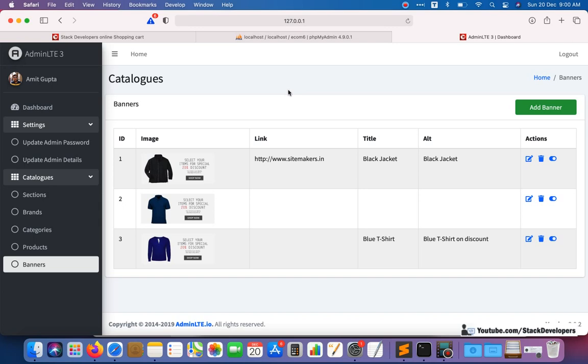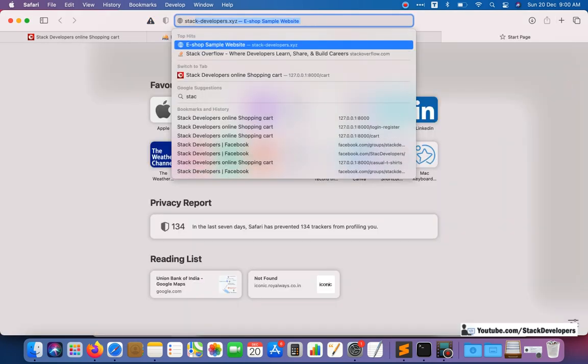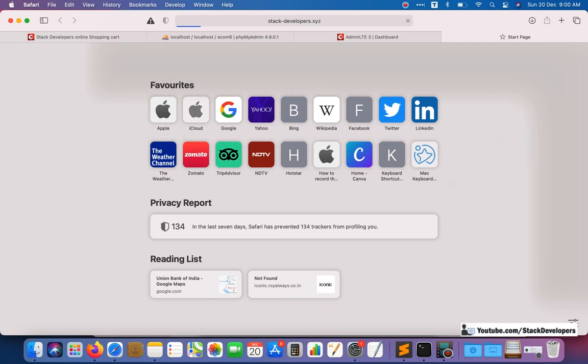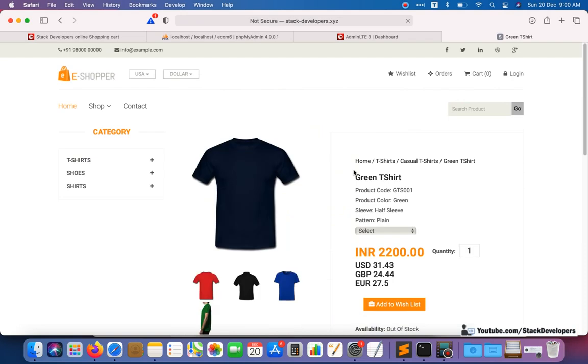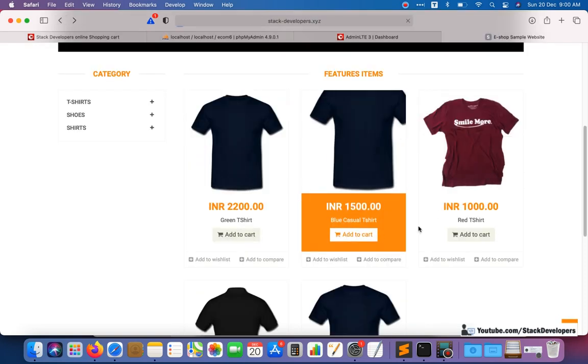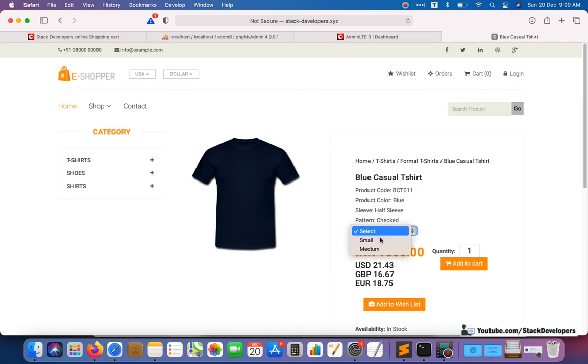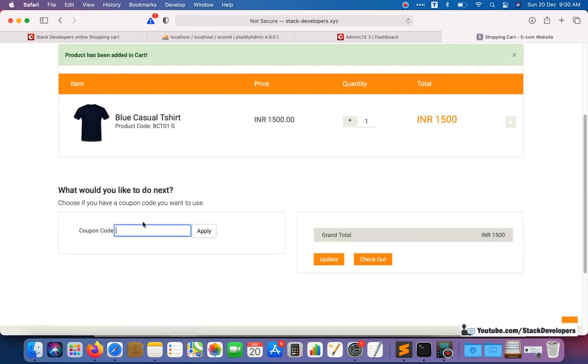And this time we are going to do the advanced coupon code functionality. If you followed my basic series, you have seen the basic coupon code functionality, but now we are going to do the advanced one. Here you can see in the basic series that we did earlier, coupon code functionality exists, but that is the basic one. If you add any product here and click add to cart, you can see the coupon code functionality as well in the basic series.